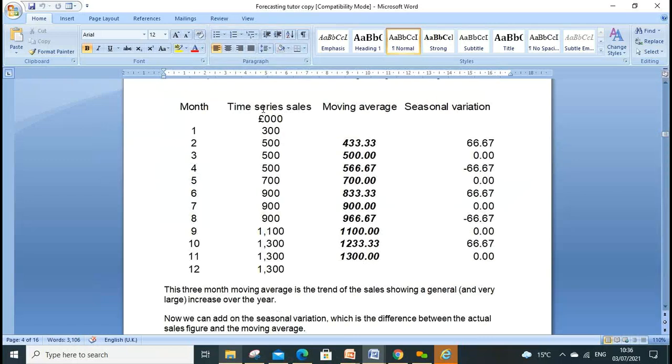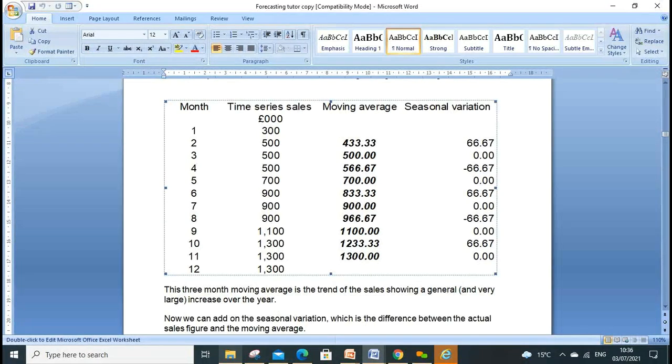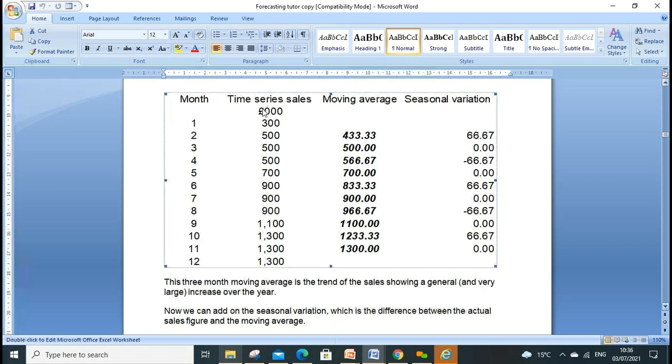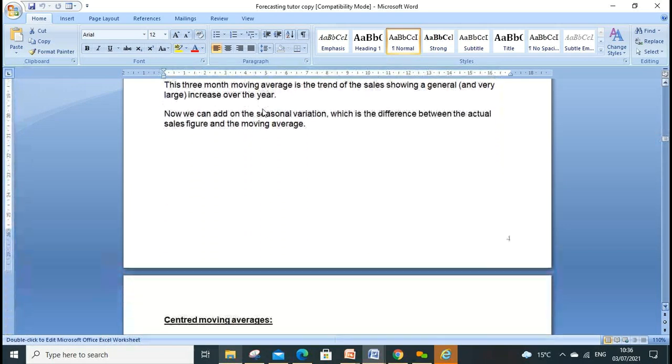Here, with moving averages, if it's a 3-point, you're adding 3. Then you're looking at the difference between two figures, finding how much the variation is. In some periods there is none, because if you look there, 5 and 5, and then 5 and 4, so there is a variation. One positive, one negative. Maybe in one period your sales go up, in one period they go down.